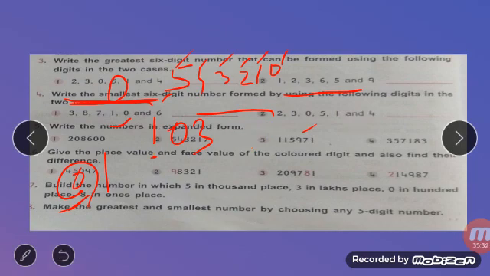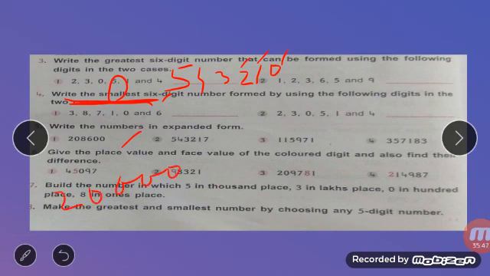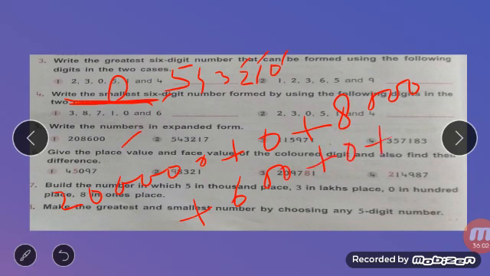Then next is write the numbers in expanded form. Expanded form you have learned, no, by putting plus signs. Like here 2 ones, tens, 100, 1000, 10,000, lakh. So 2, then 50 plus 0, because if we are writing 0 in expanded form, it is 0 only. Then 8, then 3 zeros plus 600 plus 0 plus 0. We have written the number in expanded form. Same way you have to do the remaining also.